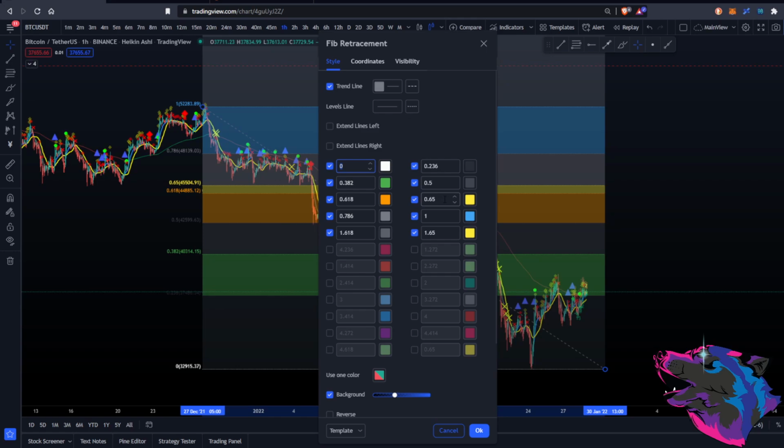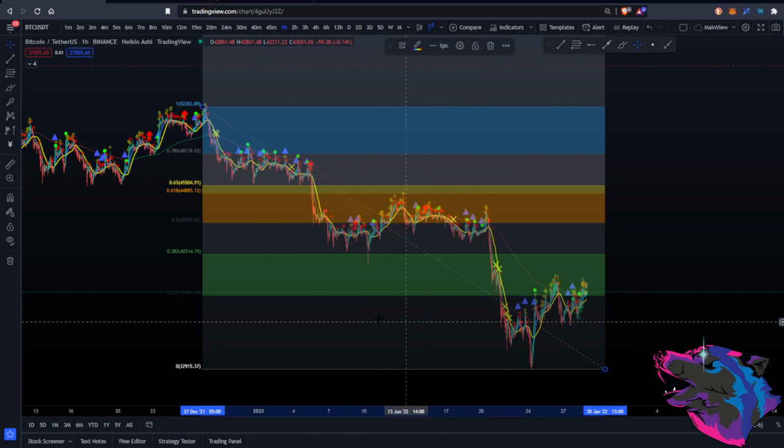I'm sure if you're watching some other crypto YouTubers, you've probably heard them talk about the golden pocket before. I'll come back in a second to how to best set that up, because it can be kind of awkward and I've seen people struggle with it a little bit. So we'll make it easy on you. But basically, the Fibonacci retracement